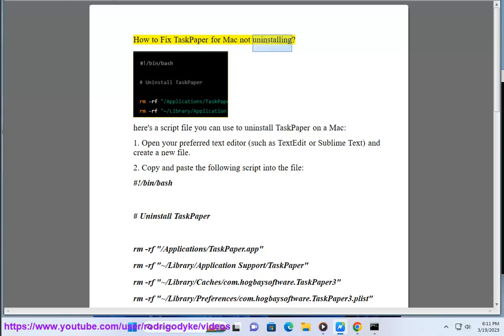How to fix TaskPaper for Mac not uninstalling. Here's a script file you can use to uninstall TaskPaper on a Mac. 1. Open your preferred text editor, such as TextEdit or Sublime Text, and create a new file. 2. Copy and paste the following script into the file,